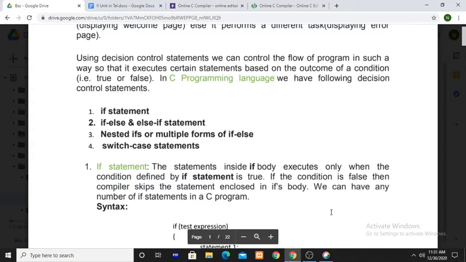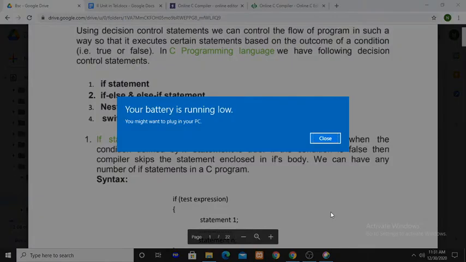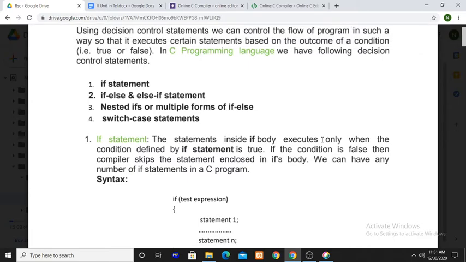Loop control statements means we may want to do some set of activities repeatedly, that is, more than one time. You may want some set of statements to be executed repeatedly, more than one time.